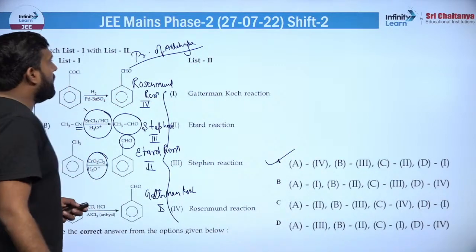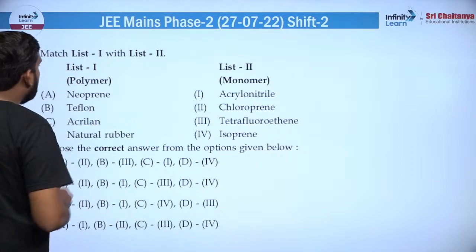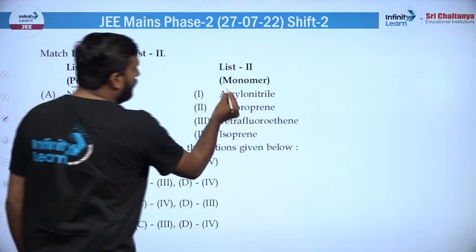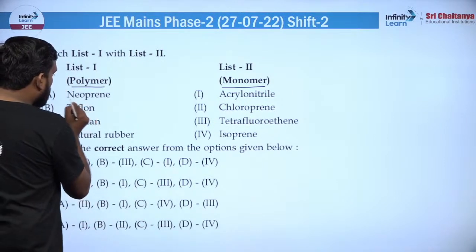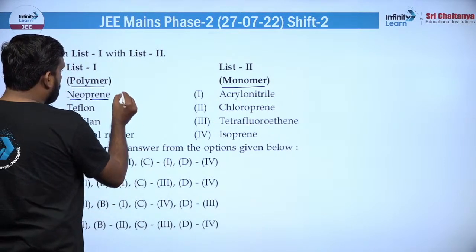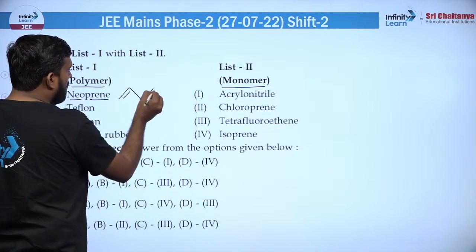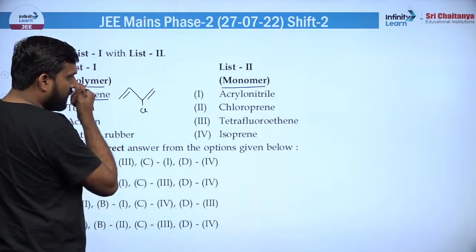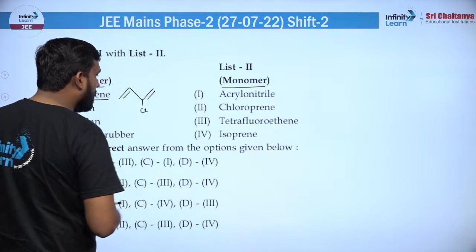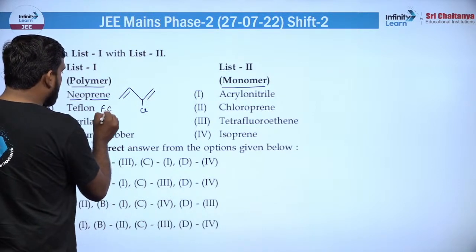चलिए आगे बढ़ते हैं। एक और मैच द कॉलम पे क्वेश्चन है जहां पे पॉलीमर दिया गया है और आपको मोनोमर पिक करना है, ठीक है। तो चलो देखते हैं। तो जो नियोप्रीन होता है इसका मोनोमर क्या होता है। नियोप्रीन का पॉलीमर जो होता है वो कुछ इस प्रकार का होता है, ठीक है, कि यहां पर होता है और यहां पर आप कहीं पे इस पे Cl लगा सकते हो। तो दिस इज द बेसिकली होता है, ठीक है।